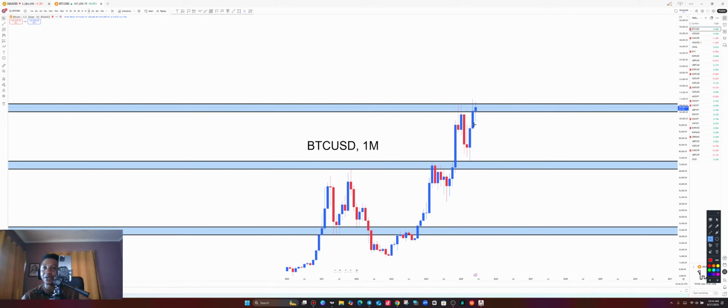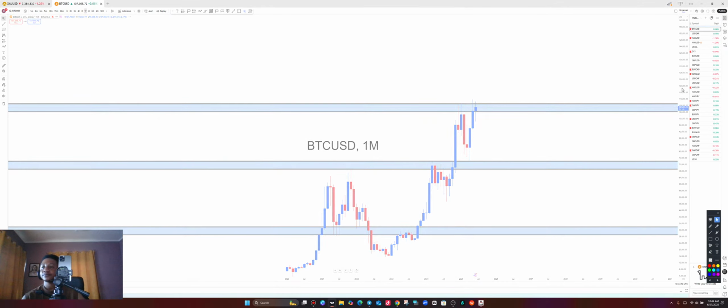Now, price is at the resistance level of the monthly time frame, and we ask ourselves questions over here. Will buyers be able to break above the resistance to the upside? Or are we going to see sellers bring the market all the way down on BTC USD? Let's find out as we analyze this pair together by going again to a weekly time frame. Let's go to a weekly.